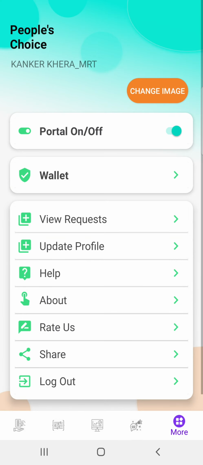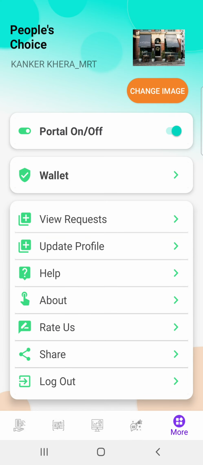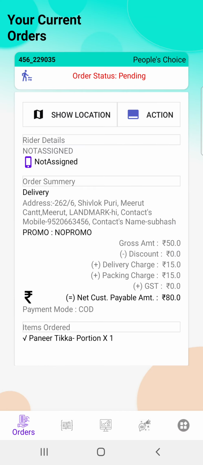Now the next screen is a generic screen where you can change your restaurant front image. You can request a create profile. Various things are there. You can explore this yourself as well. So right now I'm just going to show you how to accept the order and the further work. But before that, I'm just going to show you the